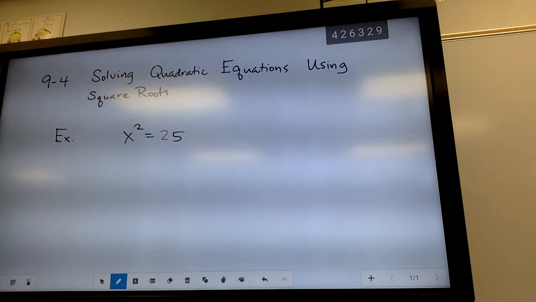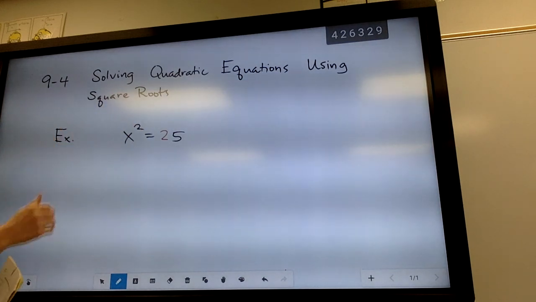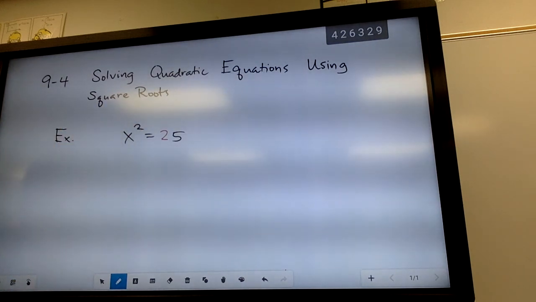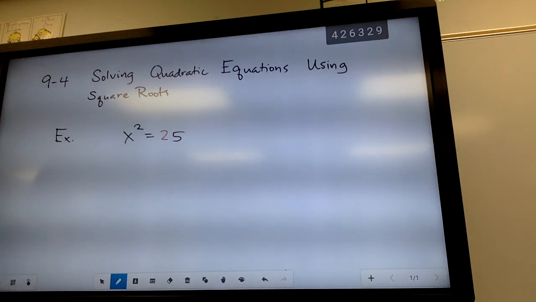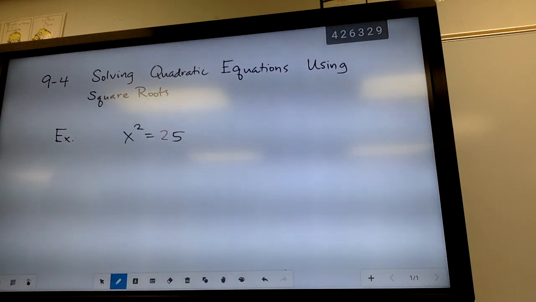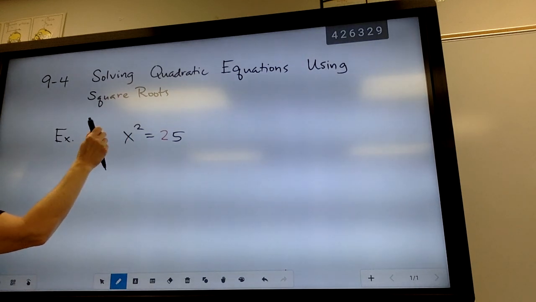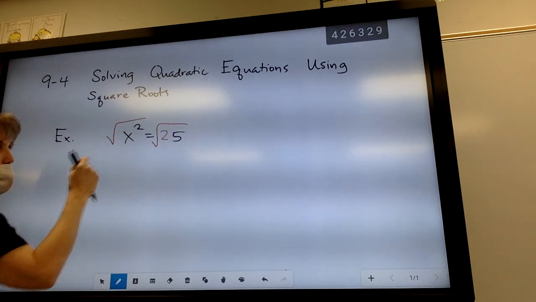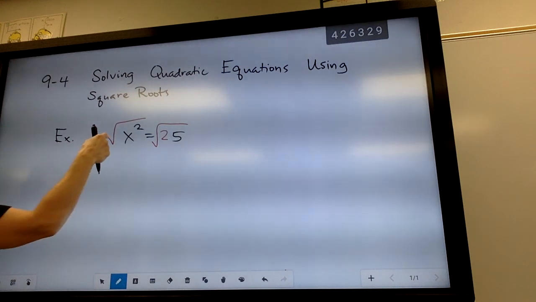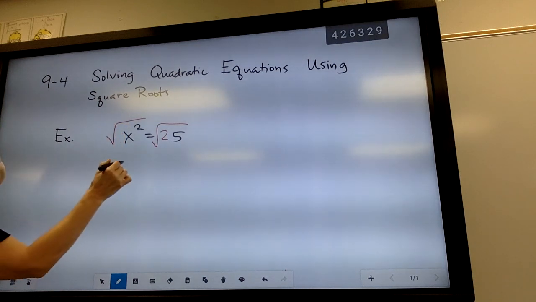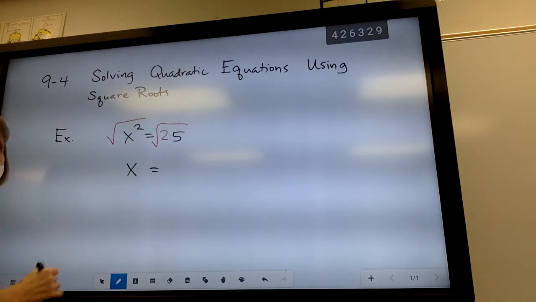Now, I could move this over and set it equal to 0, and I could factor it. But a quicker way is to solve using square roots. Now that we understand how radicals work, if I'm trying to solve for x and get x by itself, I can undo squaring by taking the square root of both sides. The square root of x squared leaves me with just x. On the other side, when I take the square root of 25,